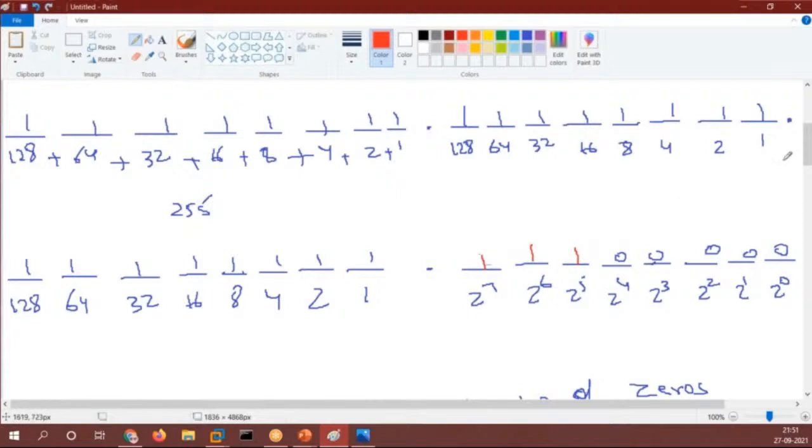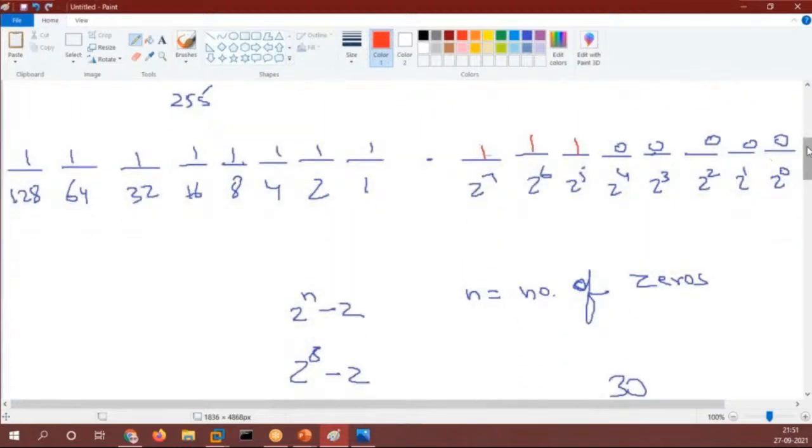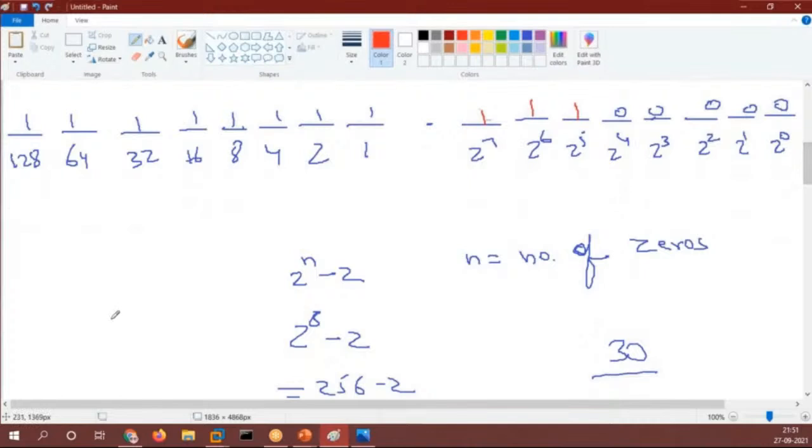So if I now find out the number of hosts, again I put the formula, 2 raised to the power n minus 2. So 2 raised to the power 5 minus 2, which is 32 minus 2, which is 30. Now I am getting 30 IP addresses. Now there is no wastage of IP addresses.